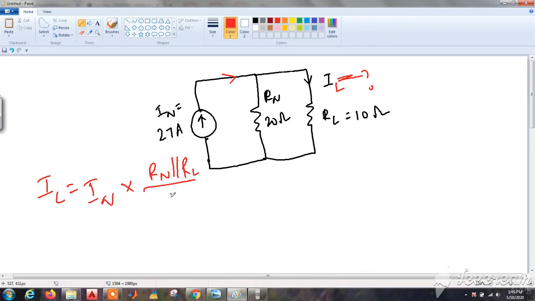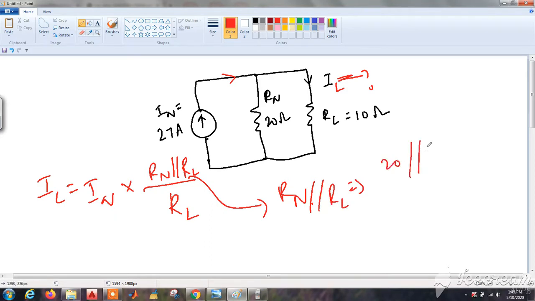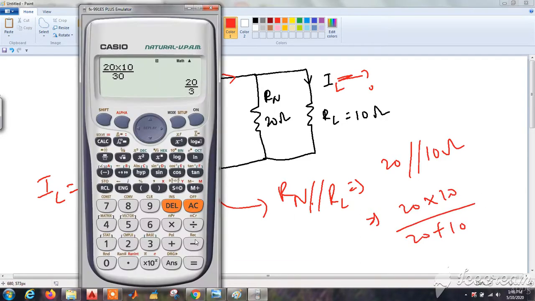So first let us do RN parallel RL, that is 20 ohms parallel to 10 ohms. The equivalent will be 20 into 10 divided by 20 plus 10, which is equal to 20 by 3